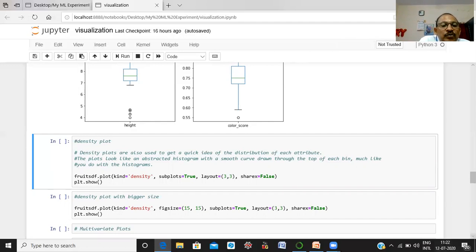The command is the same, you only change the plot function's parameter kind. Here you have to specify we are going to draw the density plot, and the remaining are the same: subplots, next is the layout, and next is the share flags. Okay, now we execute this.